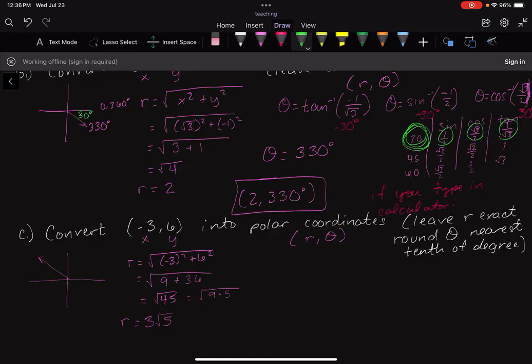And now for my theta. Now because I need to use the calculator, I need to be a little picky about which one I use, whether I use sine, tangent, or cosine. Cosine is the only one that can give me an answer in quadrant 2. So I'm going to use cosine inverse for this one. So cosine inverse is x over r, and I'm choosing cosine inverse because it's the only one that gives